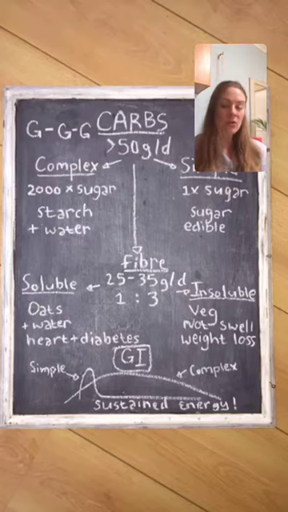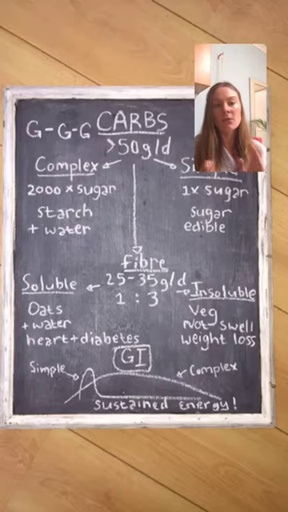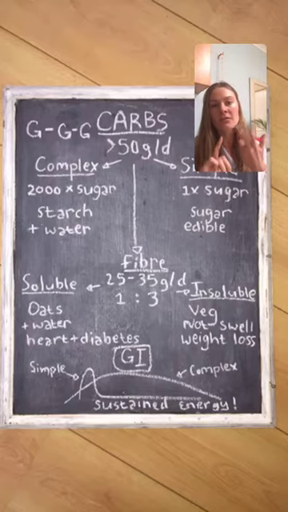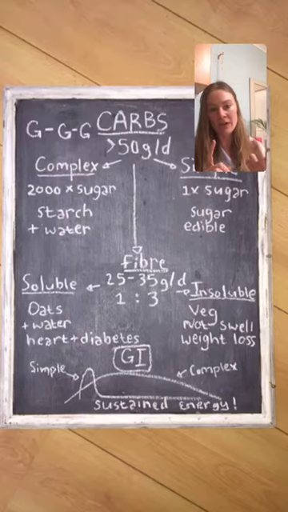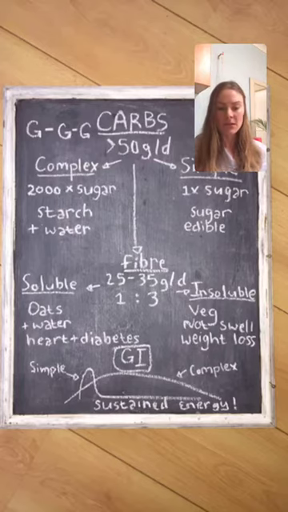Okay, so in the previous talk, I spoke about your ratio in your fats, your omega-3 versus your omega-6. And it's the same with fiber. Fiber also needs a ratio. So soluble fiber, always 1 versus insoluble fiber 3. So for every 3 insoluble fibers, which is the bulk, you eat 1 soluble fiber. And then your total amount of fiber in your diet needs to be between 25 and 35 grams per day. Total amount that you must eat per day.